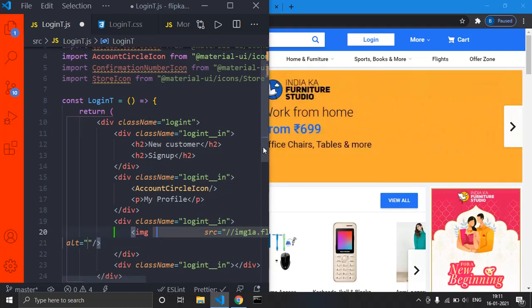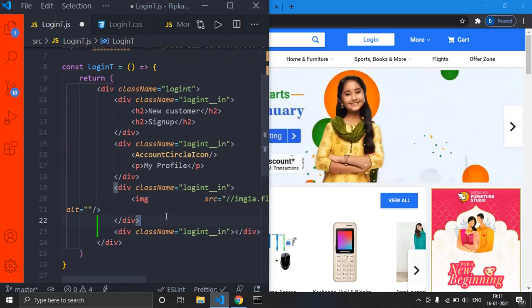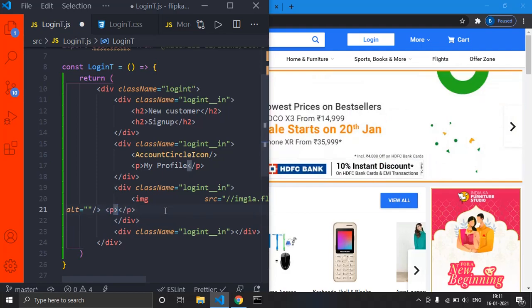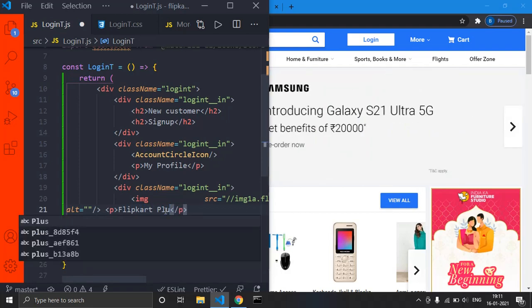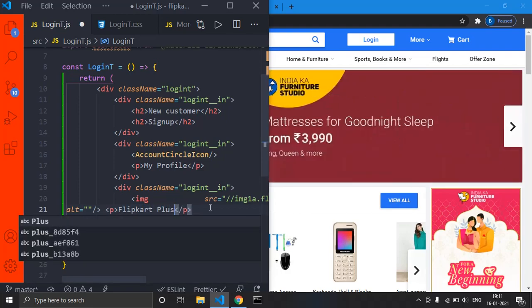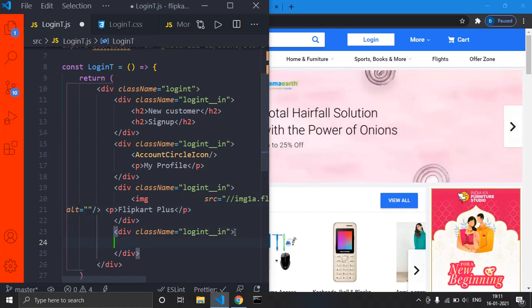And in the next one, we have a p tag as Flipkart Plus. Flipkart Plus, and in the next one we have a store icon.